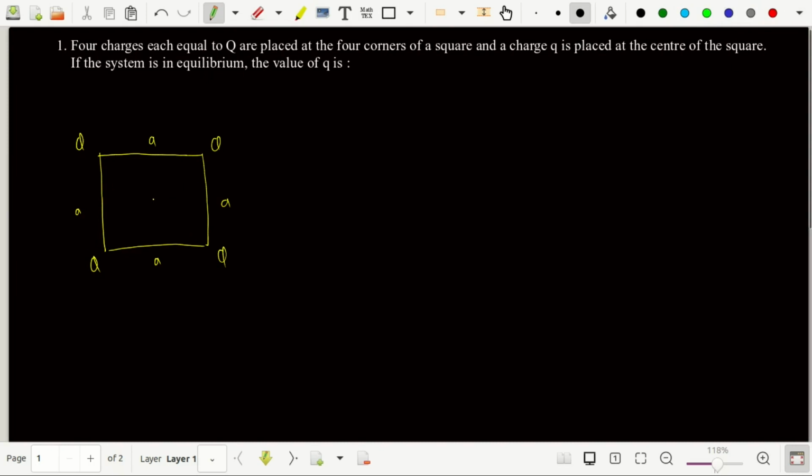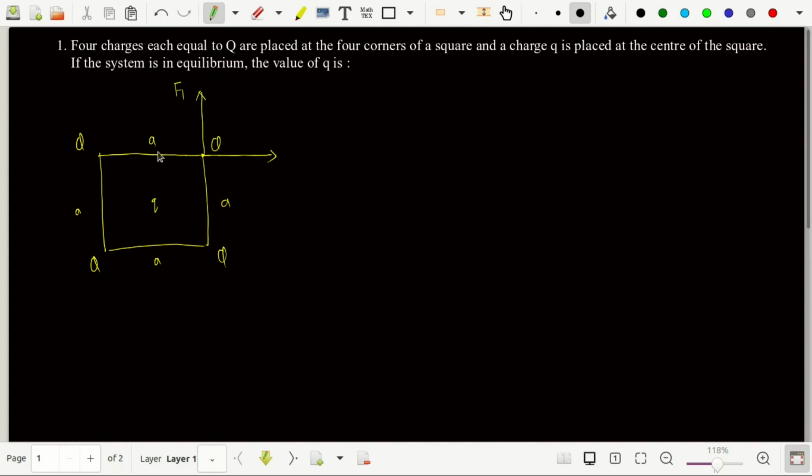What about the corner charge? What if I want to find and make the equilibrium for this particular point right over here? So what will happen? This capital Q, I've already stated that this is a negative charge. Now I'll just be testing whether it is in equilibrium or not. So this capital Q charge will be pushing this towards the right. The bottom charge will be pushing it towards the top.